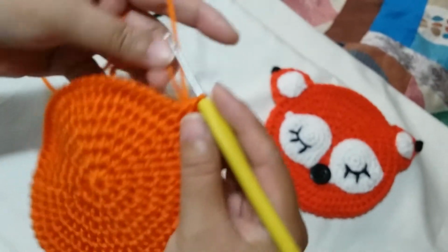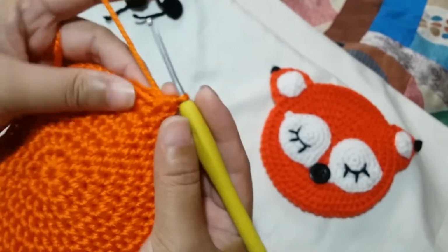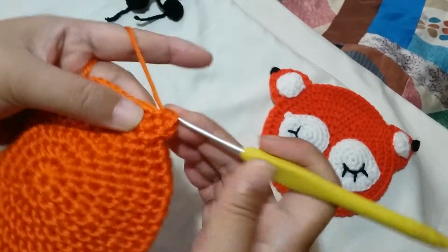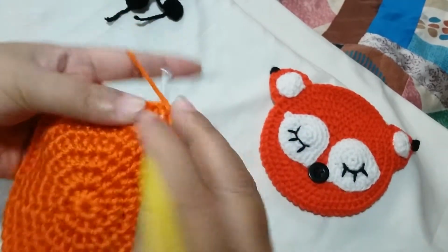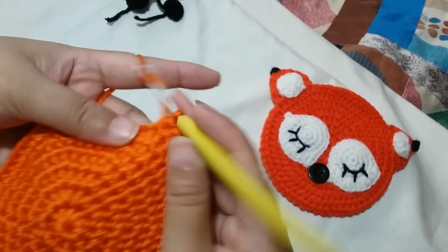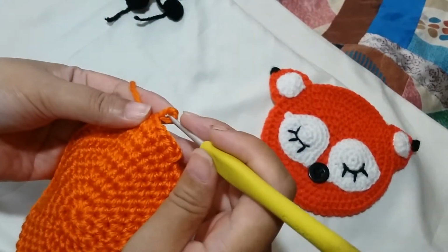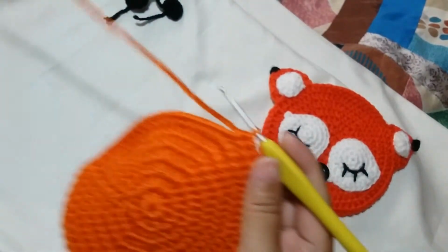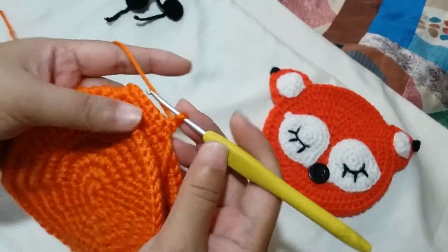You can also have the option of catching the ends as you go. So we have that first half double crochet, the second one, the third, 4, 5, 6,